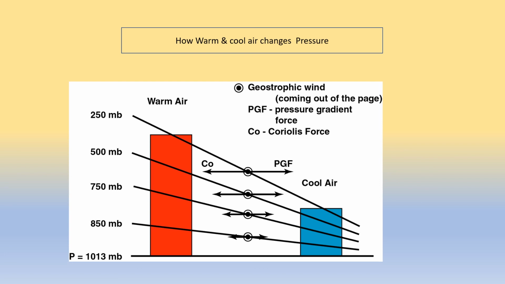See the pressure gradient, 250 millibars and 250 millibars at the cooler air. See the altitudinal difference. What is the difference which is found? The warm air is at such a high altitude, and what is the volume occupied over there? 1013. Here MB is the millibar, the unit which is used to measure air pressure. This is the common